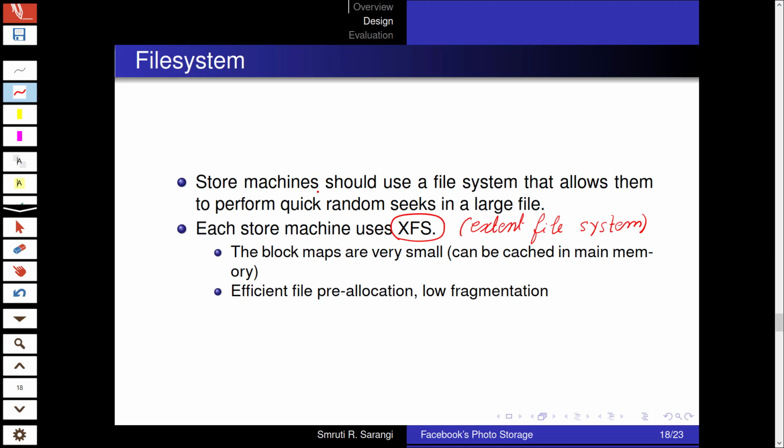But in the case of XFS, we typically allocate chunks, I mean essentially in a much larger chunk, maybe at the level of 1 GB, and create a block map for it. A block map is the index corresponding to the chunk that has been allocated.